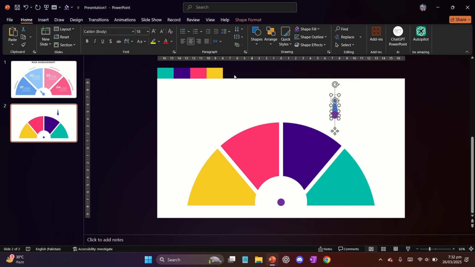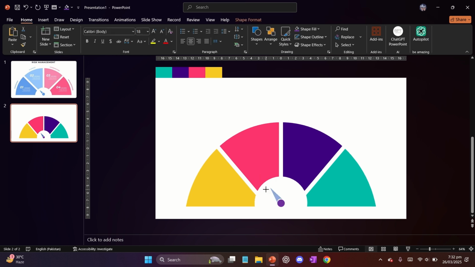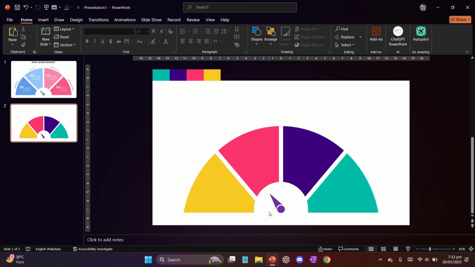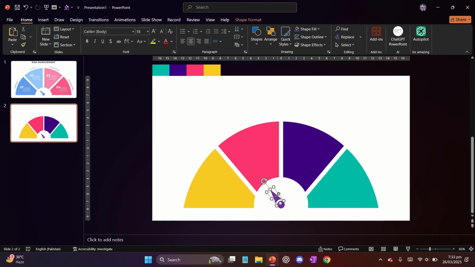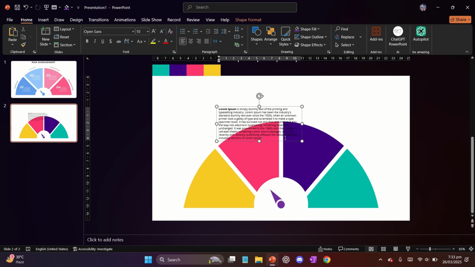Select both of the shapes and then we're gonna subtract them, and then we're gonna put this triangle shape right onto the previous circle shape. But make sure that it is just on top of that circle with a very little space between. Here you go. Next, you're gonna insert your content text and then